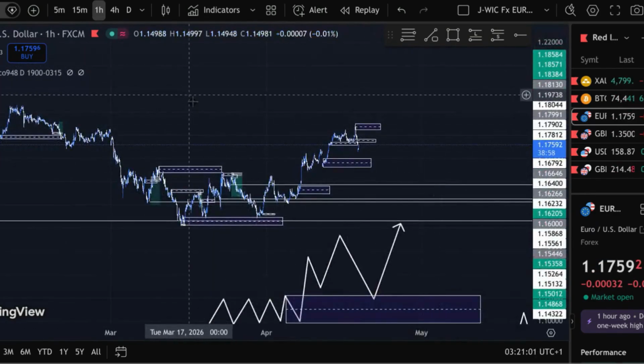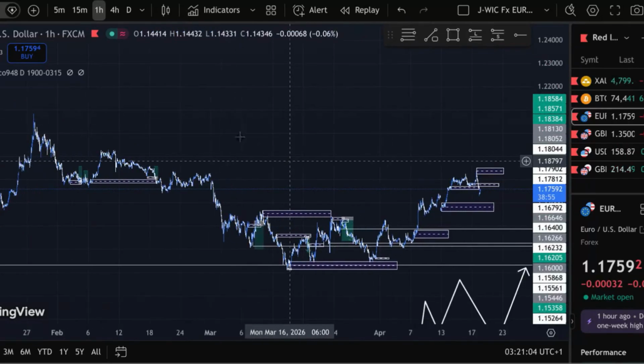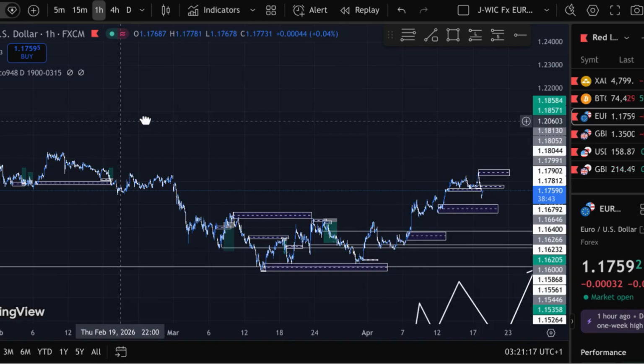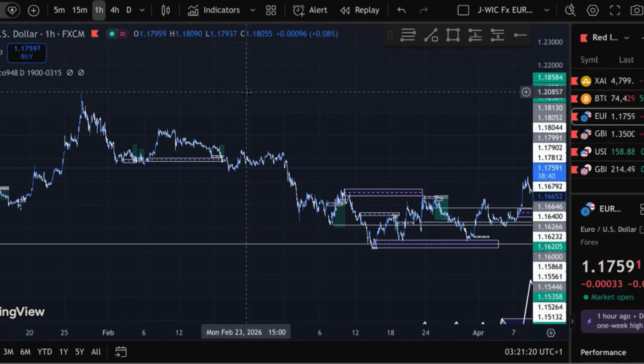Now let's come to the market and spot some zones. So I'm on my 1 hour, and we're going to be spotting zones. So get the first gist: how do we identify zones? There are lots of zones in the market, a lot. Zones are places where the market tends to react. And what types of zones do I pick? I don't just pick any type of zone. I pick zones that are usually at